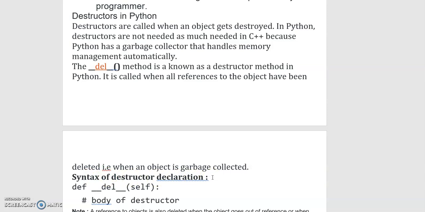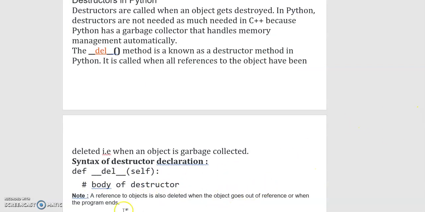Okay. Syntax of destructor declaration: def __del__ self, body of destructor. Then finally, note that a reference to an object is also deleted when an object goes out of reference or the program ends.